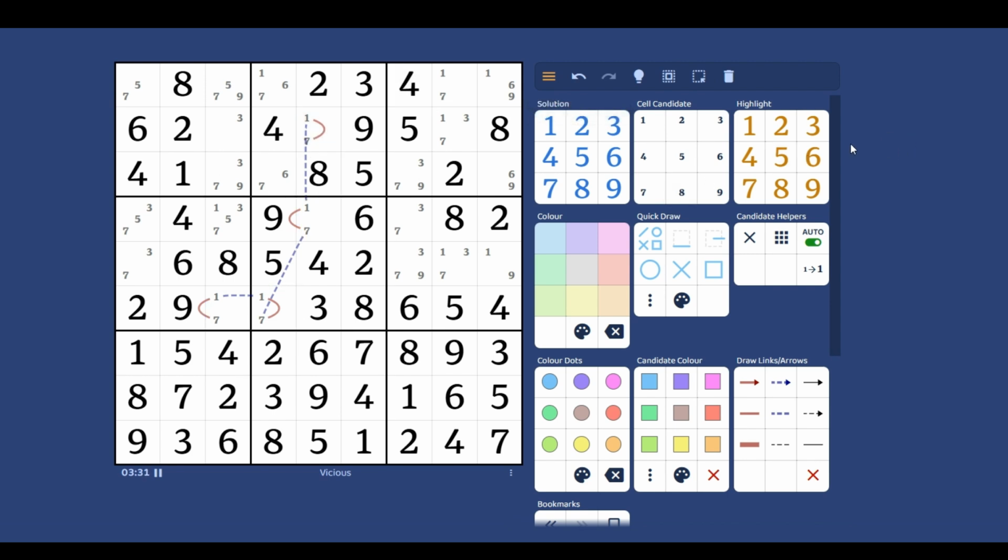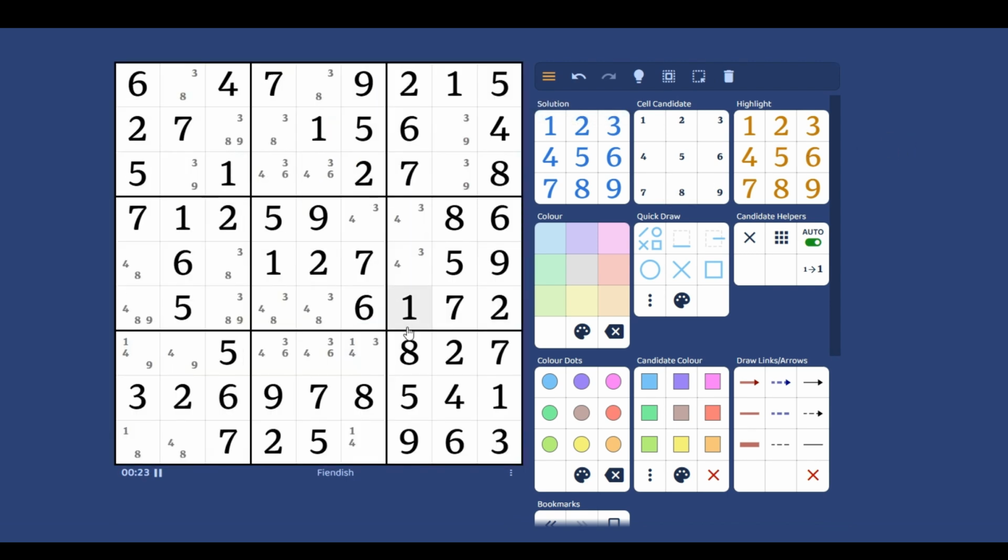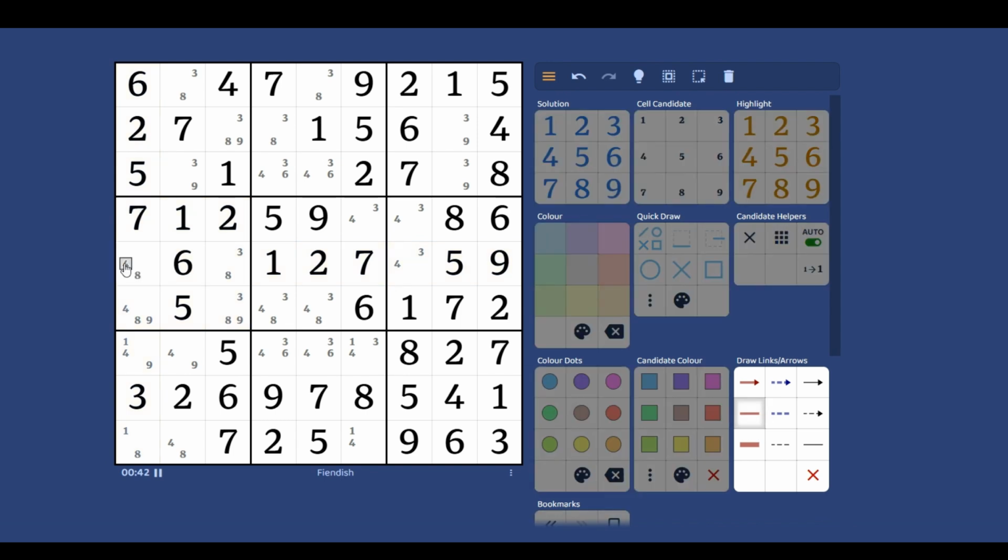But we can also have lots of other examples of XY chains. So here we have an example from the Sudoku Wiki. And we could actually form an XY chain from these cells that I'm highlighting right here. And if we start with this 4 in this by-value cell, we know that's strongly linked to the 8, and the 8 is weakly linked to this 8 down here,